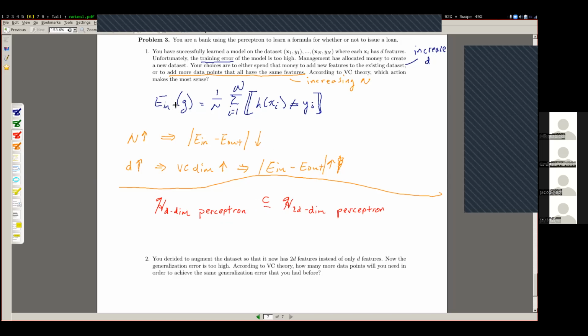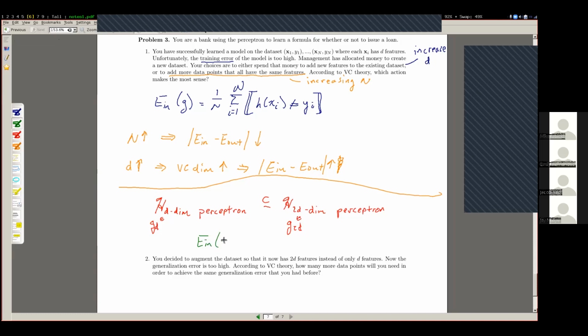And up here, we saw before that the training error, if you have a sub-hypothesis class of another hypothesis, so we'll say G sub D is contained in G sub 2D, then the training error,